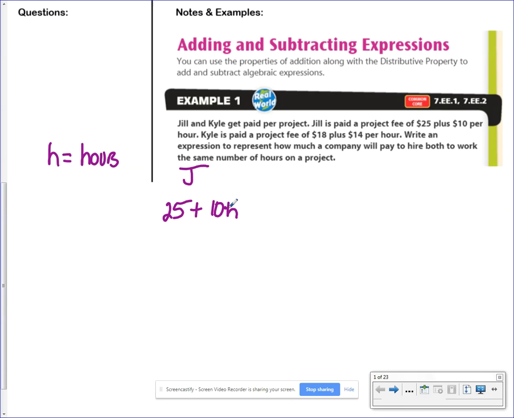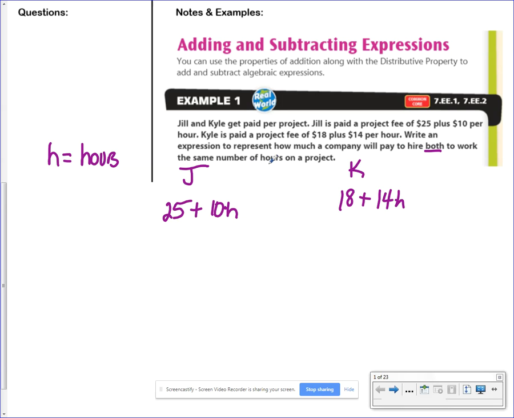$25 plus $10 times H, the hours. Now, Kyle here gets a different fee structure or pay. He gets $18 plus he's going to get $14 times every hour. Aha! Those are different. Now, write an expression to represent how much a company will pay to hire both of